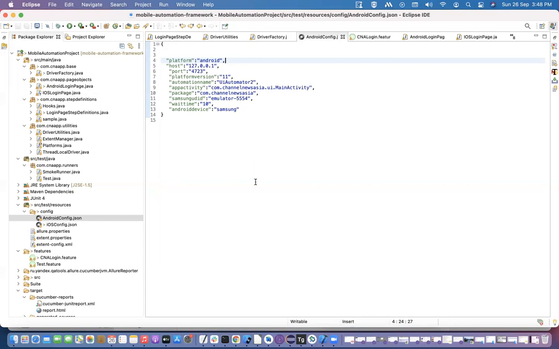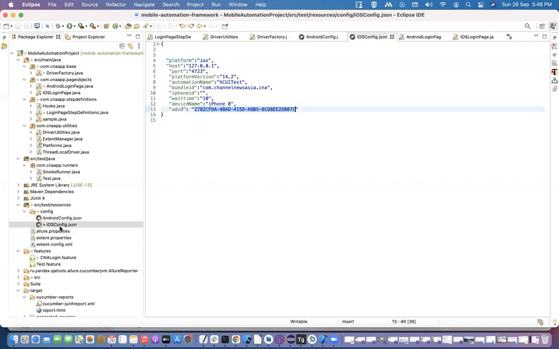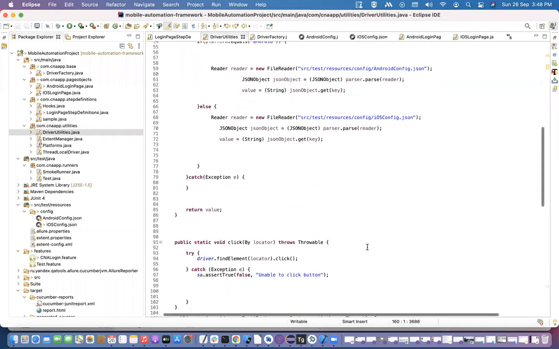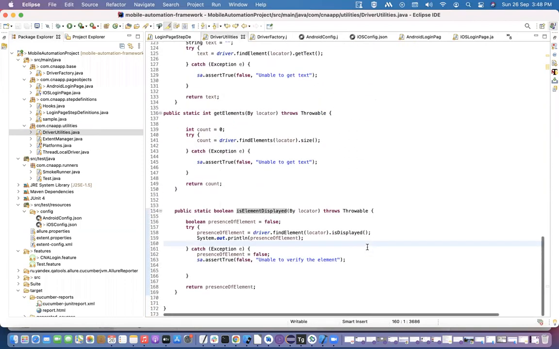Basically we are focused on the latest Android versions, so we can just write down three to four latest capabilities for the Android applications, and the same thing we can configure for the iOS applications here. It is not a big deal. We can integrate four to five device capabilities here. Okay, so this is our driver utils which we are using now. This is basically our page object model framework setup.